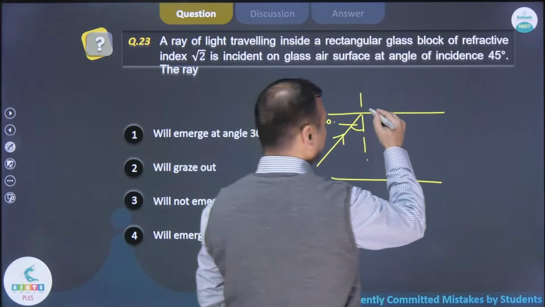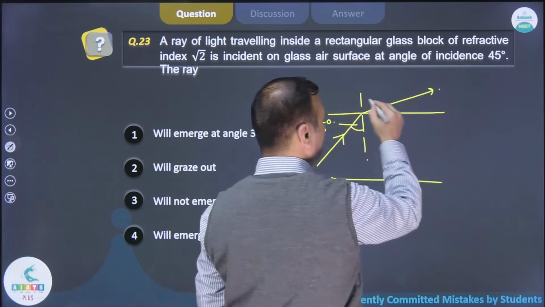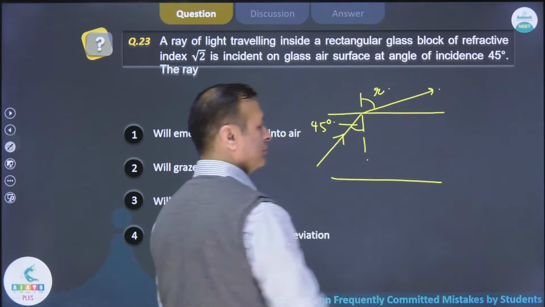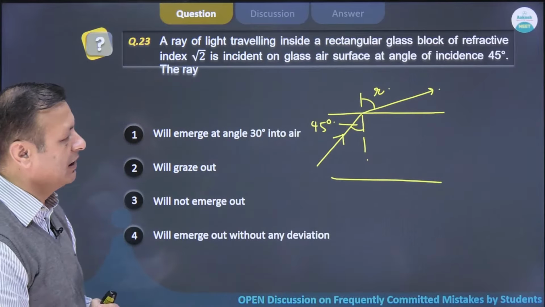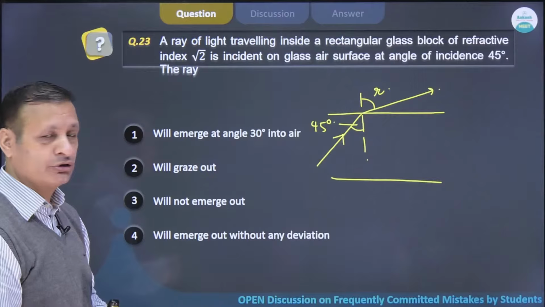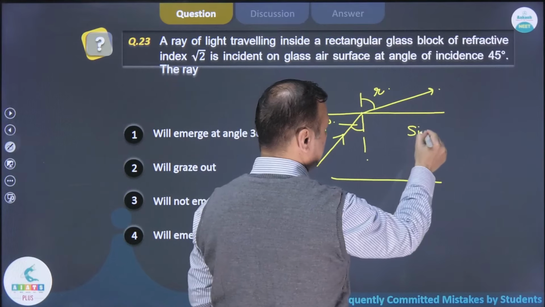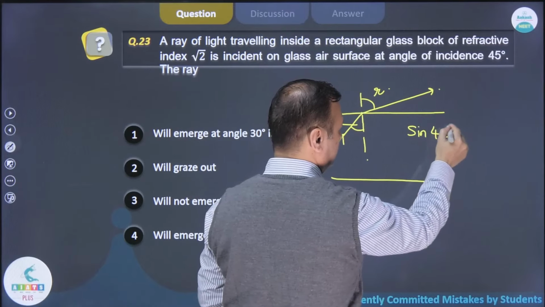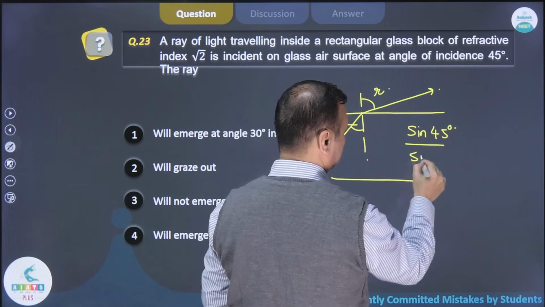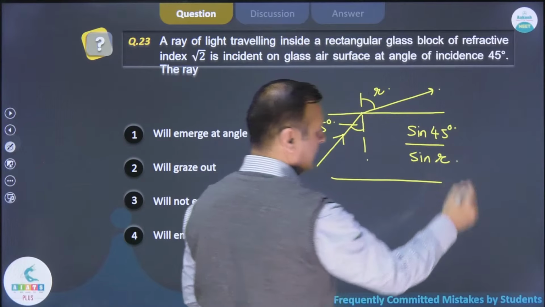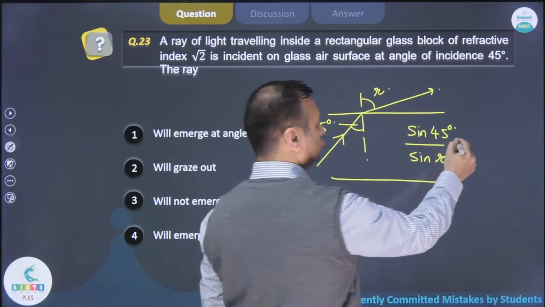So this light has to come out, and this is the angle of refraction. Let it be R in general. So just apply your Snell's law at this point. So what is Snell's law? Sine of angle of incidence, which is 45 degree, to the sine of refraction, that is R, is equal to